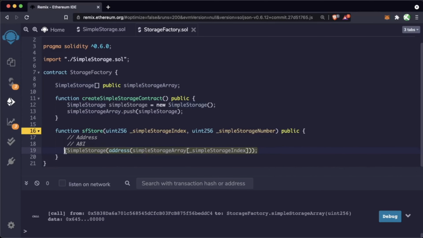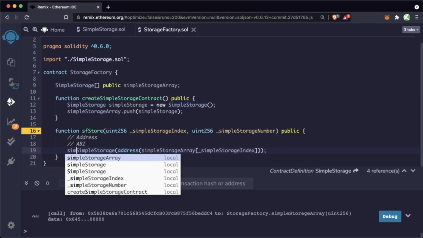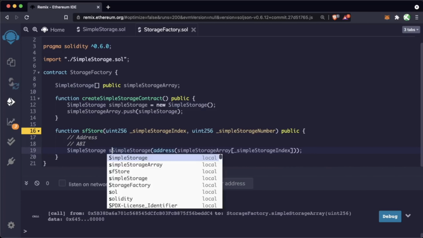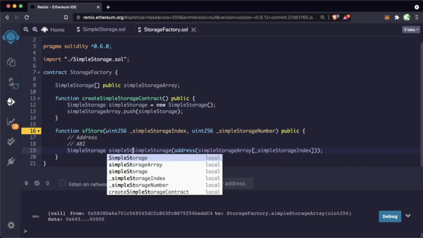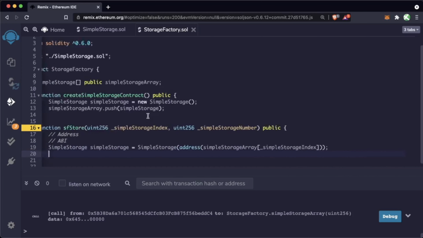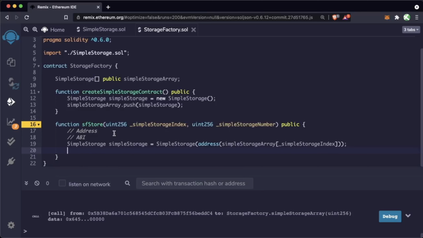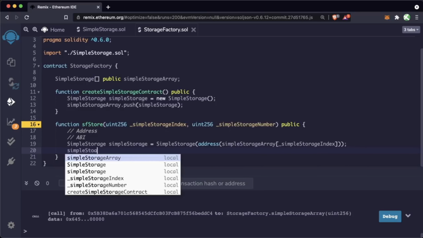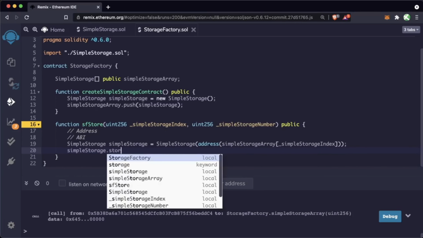This will return that contract that we want to interact with. So we could even say simple storage equals simple storage at that address in the array. Once we get this contract, we can then call any and all of its functions. So we could call simple storage dot store